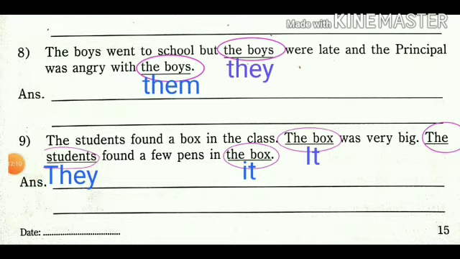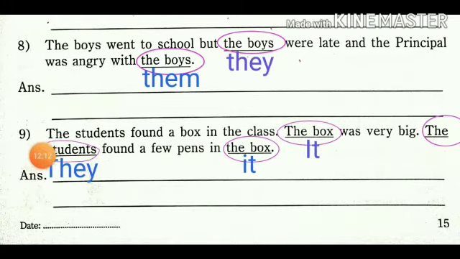So last one, ninth number: the students found a box in the class. It was very big. They found a few pens in it. So there is also box. We are using it, because that is a non-living thing. There are students, the plural form of pronoun is they, and box is also a non-living thing, so it. So we have used the sentence